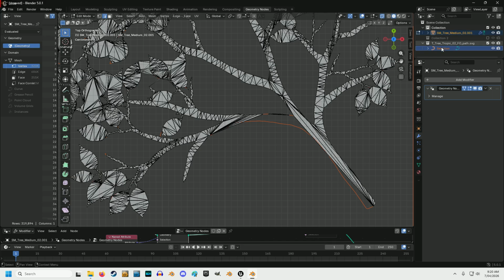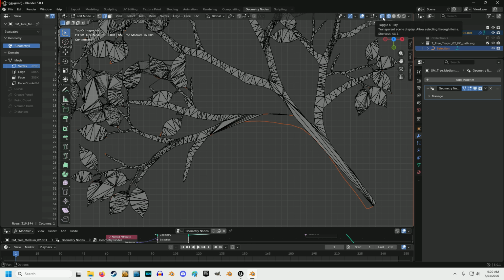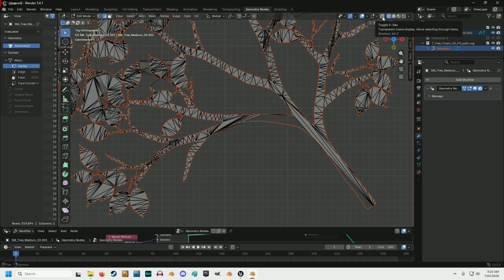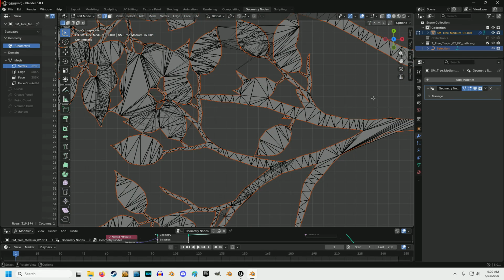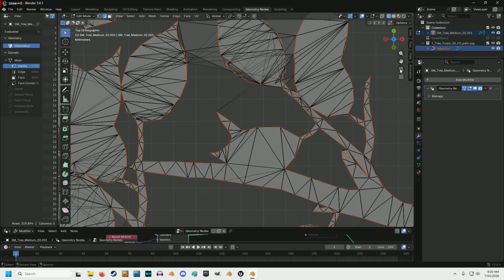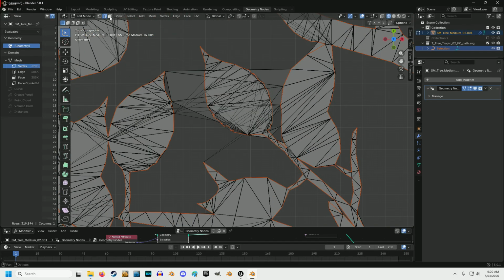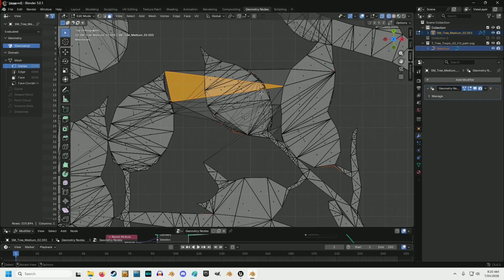With our selection also in there, if we go to wireframe, if we use the X-ray, that'll actually show us up the path. Now you'll see that there's a bunch of polygons in here that, if we go to face mode and then turn on X-ray, these polys are overlapping. If we cut these out now, we'll be losing bits of at least one of the layers where the leaf is. So what I'm going to do now, which I found works okay, is to